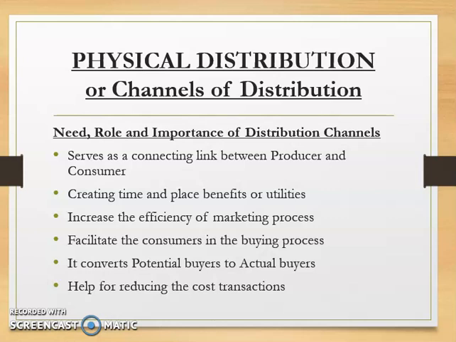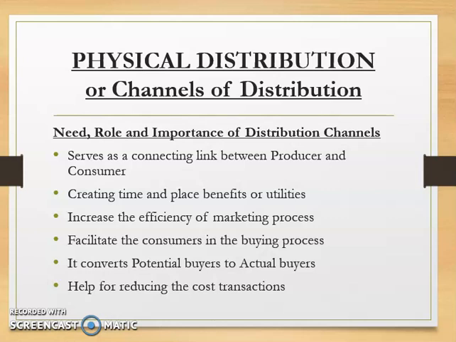Physical distribution. It's a distribution channel. It is having a set of independent organizations involved in the process of making a product or services available for consumption. So it will be easy for you to go to your nearby shop and purchase anything only because of the distribution channel which is available from a business. It facilitates the flow of goods from producer to consumers at the right time, right place, right? So when the product is easily available in your nearby shop, it is only because of the channel of distribution.